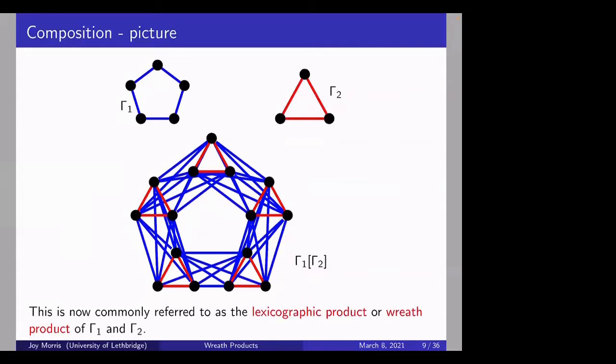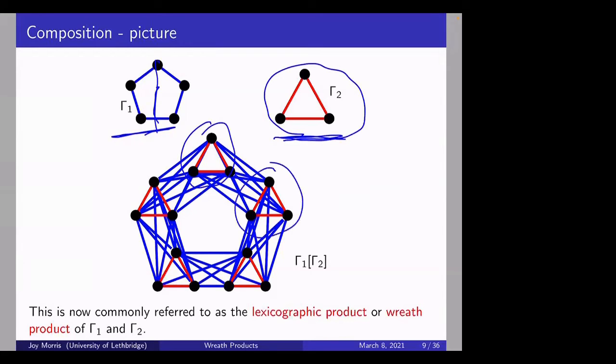Oh, and let me mention, hopefully it's clear, the automorphism group of this graph will certainly include what Harari talked about as the composition, the same kind of idea, the Gruppenkranz. We can permute the copies of gamma 2 according to any automorphism of gamma 1. So we can move them around in a cycle, in that 5 cycle, or we can reflect through the vertical axis, for example. But also independently, we can use any automorphism of gamma 2. We can do an automorphism of gamma 2 to this copy, we can do a different automorphism of gamma 2 to that copy, and so on as we choose.